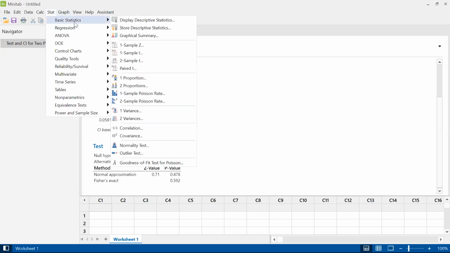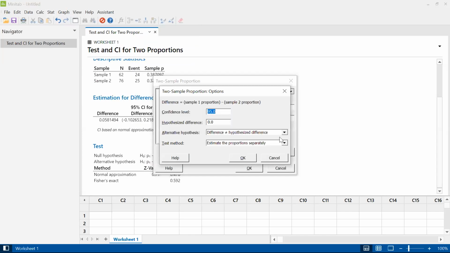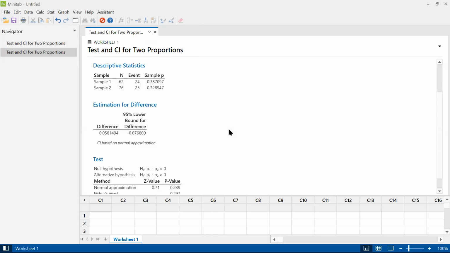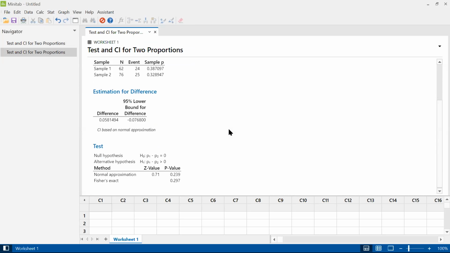And then I wanted to redo it with this slightly different alternative hypothesis where we're guessing that group 1 is bigger than group 2. And here we get a p-value of 0.24. It's still a very big p-value. It's not any smaller than our normal significance levels of 5% or 1%. So as far as we know, there's no difference.